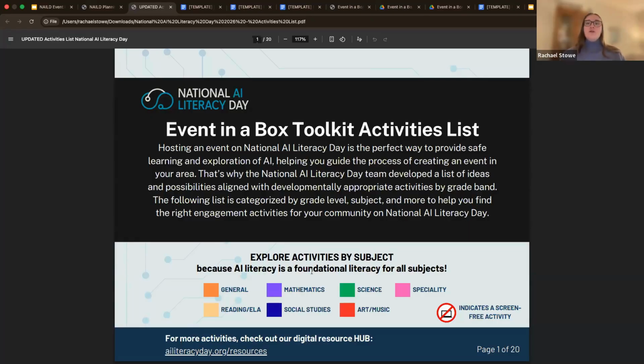In our conversations with partners, a lot of you expressed interest in engaging, especially younger children, in screen-free activities. So we also have this indication marker down here. And when you see that next to the activity, that does mean that that activity is meant to be screen-free. So you're really able to use this activities list to kind of fit the modality that you want to use